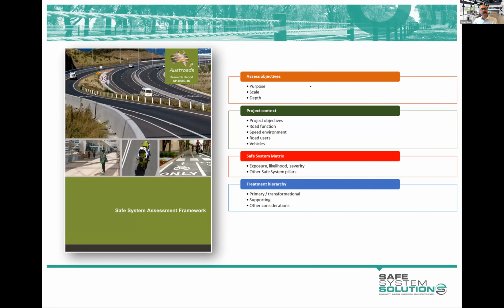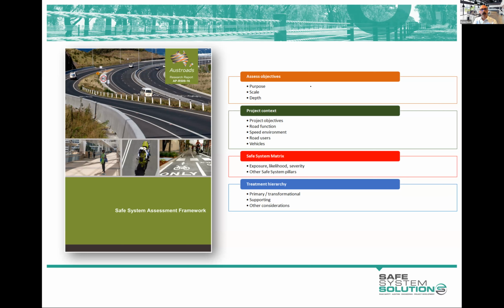And back then, before 2016, a colleague and I were doing things we called safe system audits, which were looking at projects and commenting on their alignment with safe system principles. There was a guy in Western Australia doing it, and somebody in New Zealand doing something similar. So they took those ideas